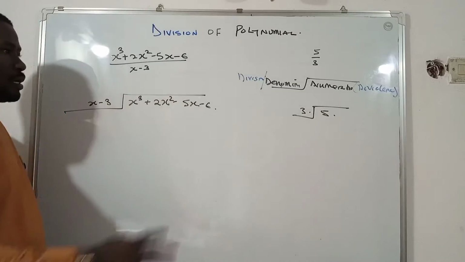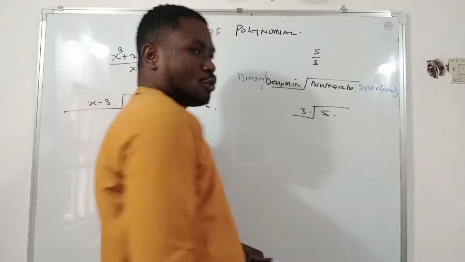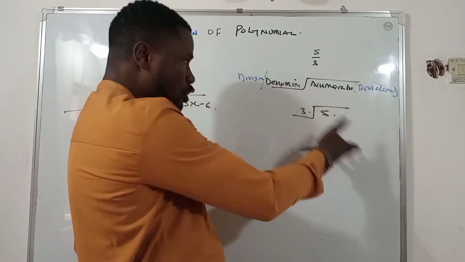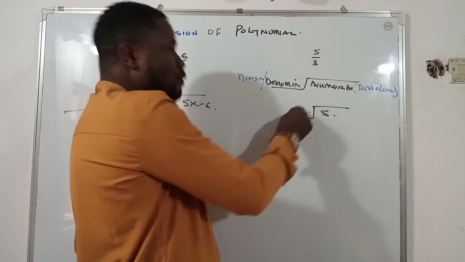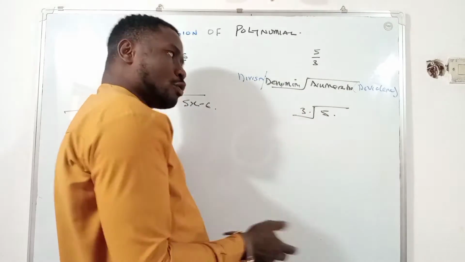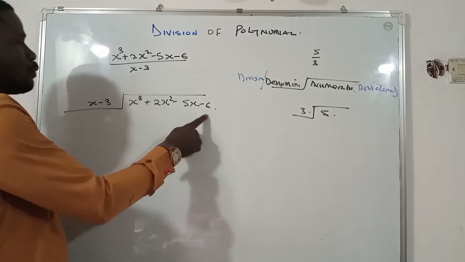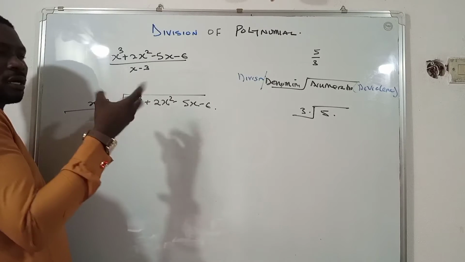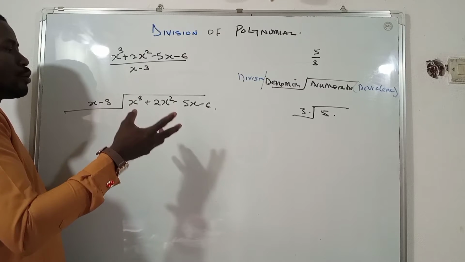Now, for 5 all over 3, what you will always say is 3 into 5. In other words, how many times will 3 divide 5? Of course, you will say it is 1. But in this case, because you're not dealing with numbers, you're dealing with variables, with letters, what you need to